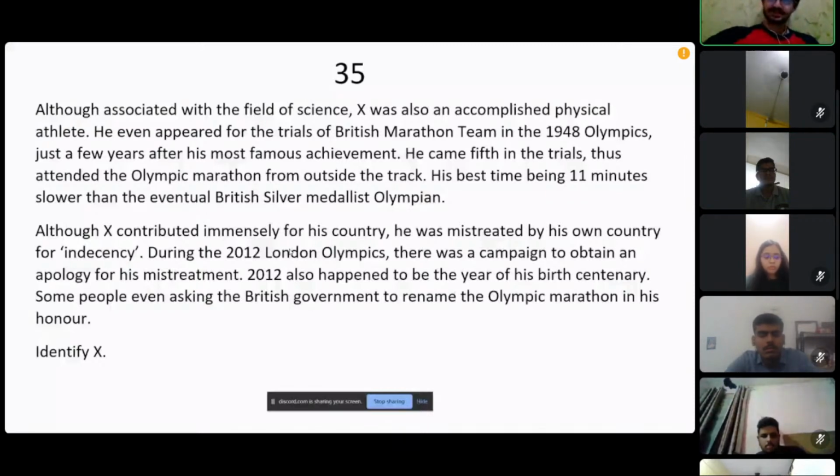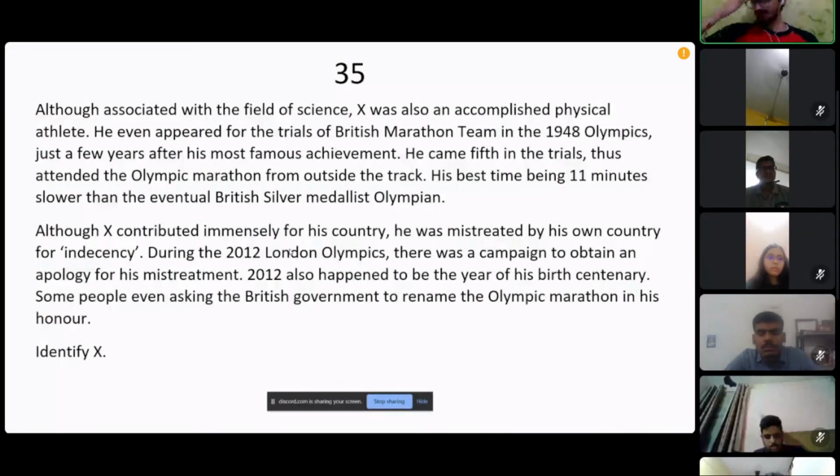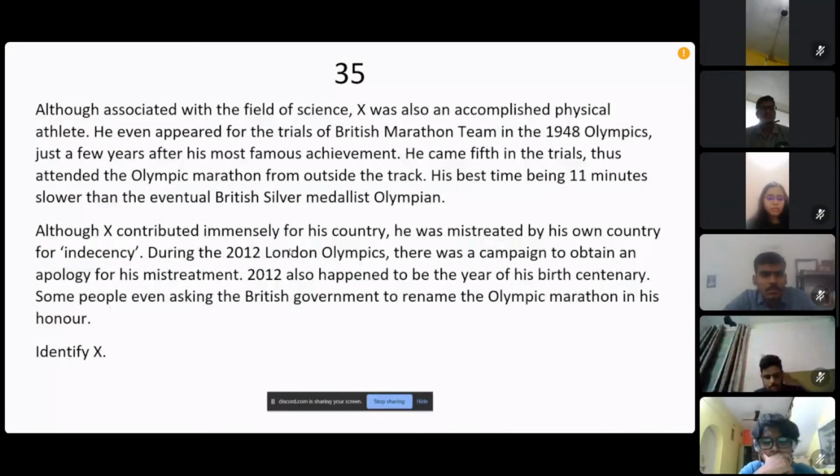He is associated with the field of science. Don't think sports. Indecency can be a clue. Again, this is a binary kind of question. If you know the answer, you know the answer. If you don't, then you don't. Let's close the phones. Okay, the pounce has been closed and it was direct to P3. P3, you may answer now.